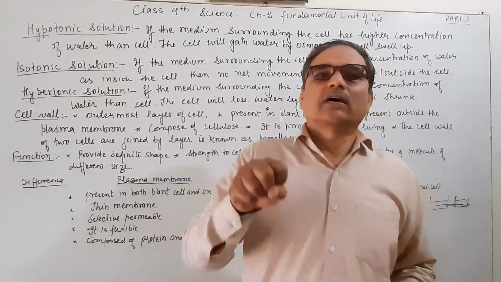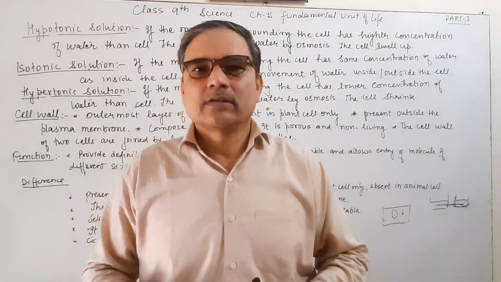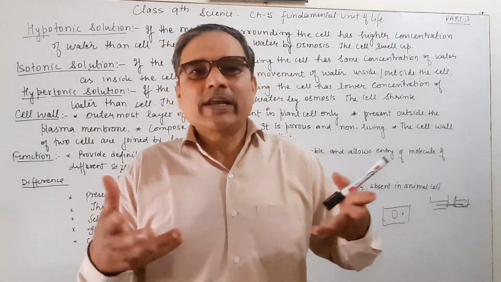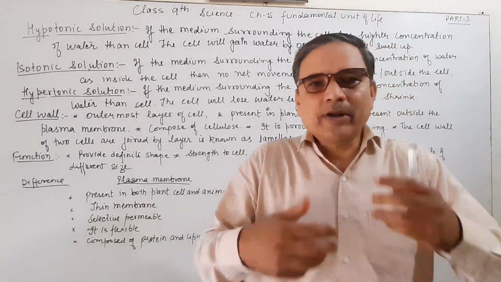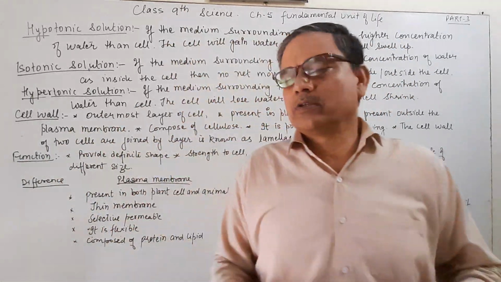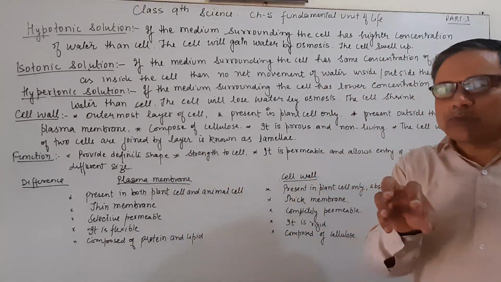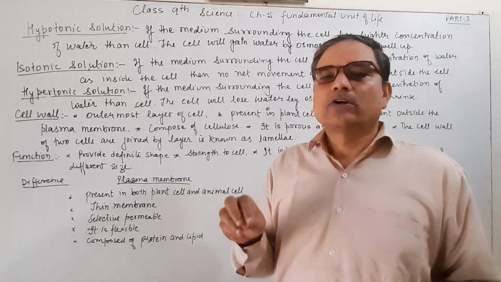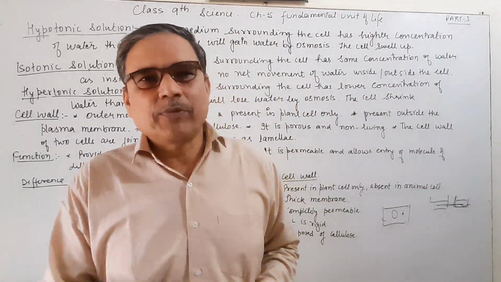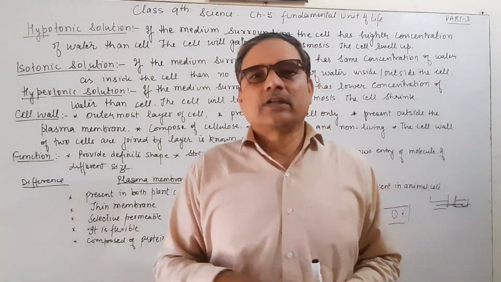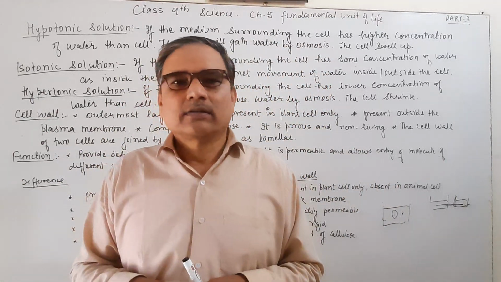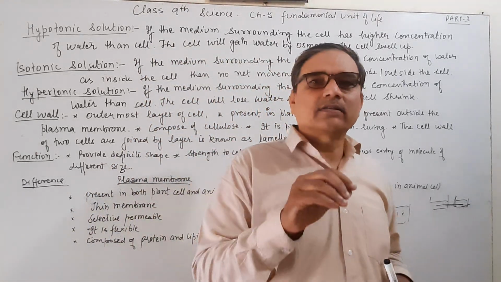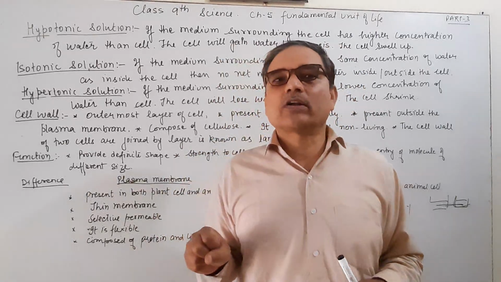This case is a hypertonic solution. Hypertension. Sometimes we say he is in hyper, meaning he loses his patience. He is very hyper. बहुत गुस्सा आ रहा है. It means he is losing something. It means hyper, the cell loses water and the cell will shrink. This is known as a hypertonic solution. For example, if you put grapes in the sun, then the water medium surrounding the cell is less, the water concentration is less, and the water concentration inside the cell is more, so the grapes lose water and shrink.